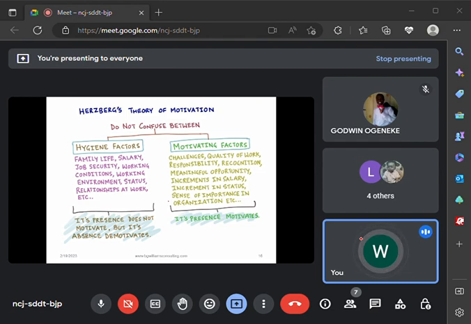You don't have AC in your office, you don't have maybe television in your office, you don't have screen, or maybe you don't have a system. That becomes a hygiene factor. So a hygiene factor destroys motivation. It destroys motivation. So the concept of hygiene factors are those factors in the organization that if they are not present,